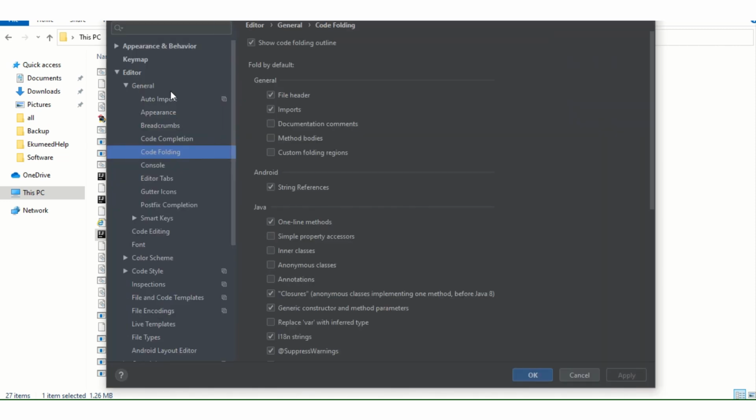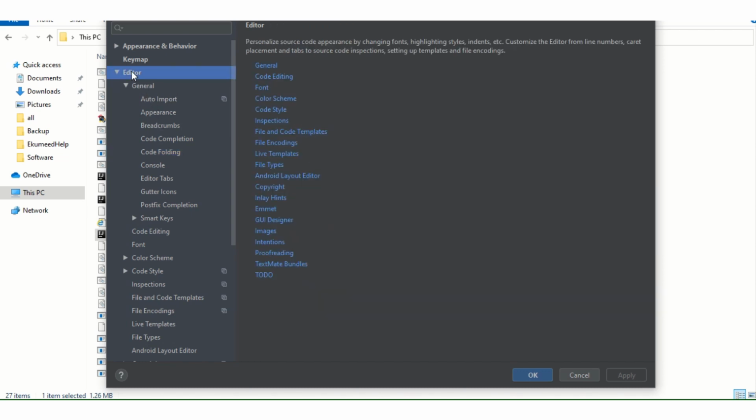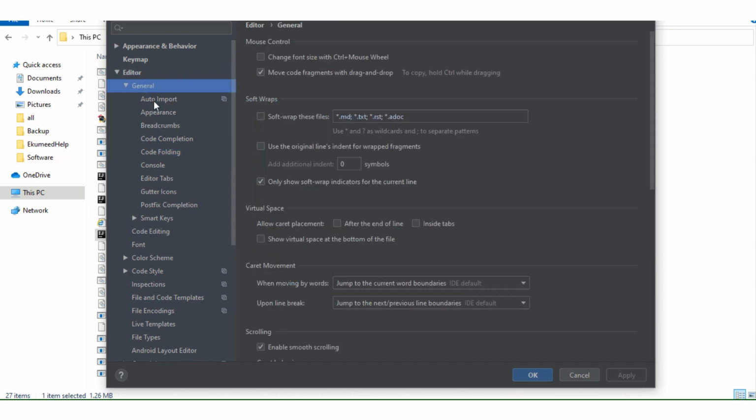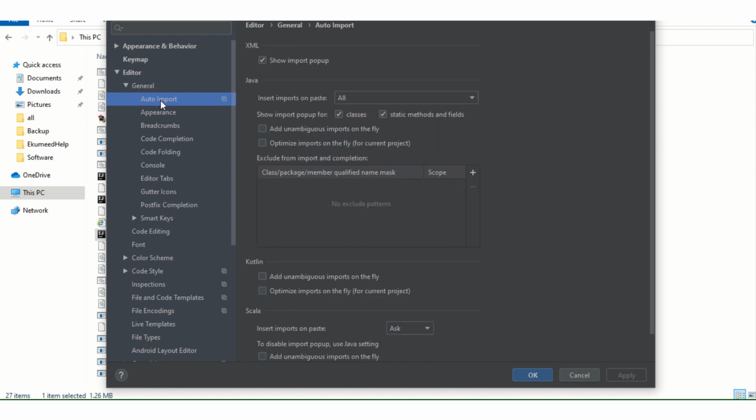In settings you can see a couple of options. Go to Edit, go to General, and go to Auto Import. In Auto Import, if you see these two buttons checked in yours, just uncheck these two buttons, and then go to